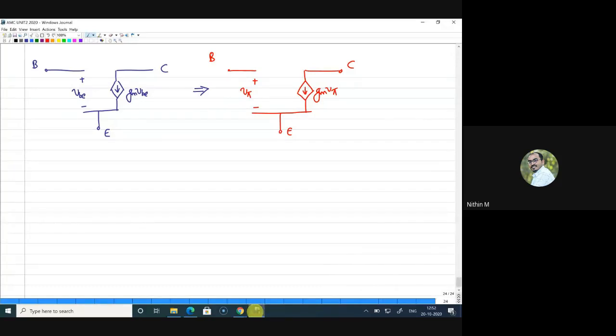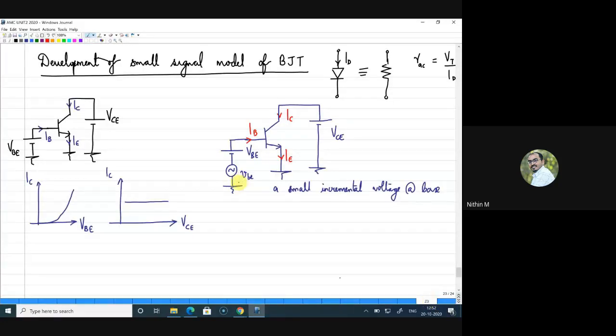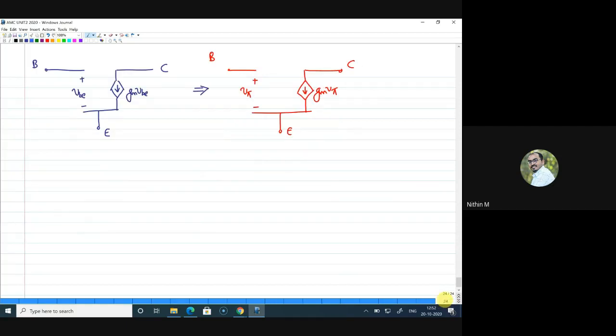Yeah, so this is the model of BJT. Looking at the variation when you apply a small change in VB, that will result in a small change in current. That will result in small change in IB, IC and IE, and that is well modeled using this. We saw that if a small change is given to VB, your IC will vary, and that we modeled using the voltage controlled current source, GM V pi or GM VB.